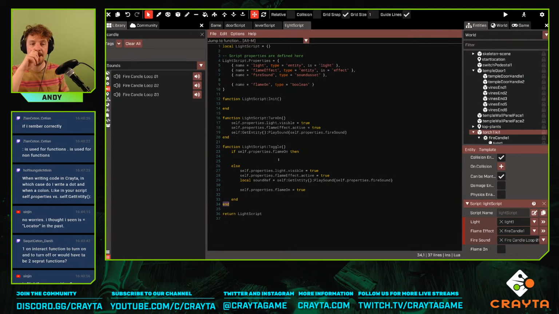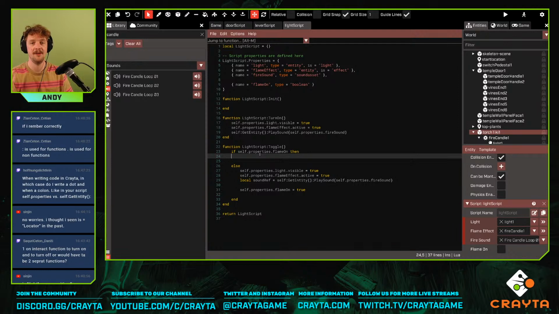As the game keeps playing and we're making all this stuff, if we keep storing references to things, we're taking up memory. And the more memory we take up, the less memory there is for the new stuff that's being made and generated, or the new things that are being thrown around. So we have to think carefully whether we need to store a reference to something. If we do, then we can use a local variable, so it gets nicely cleaned up at the end of the function. If we need to store that reference beyond the end of the function, i.e., we need to be able to turn this sound off the next time the function runs,